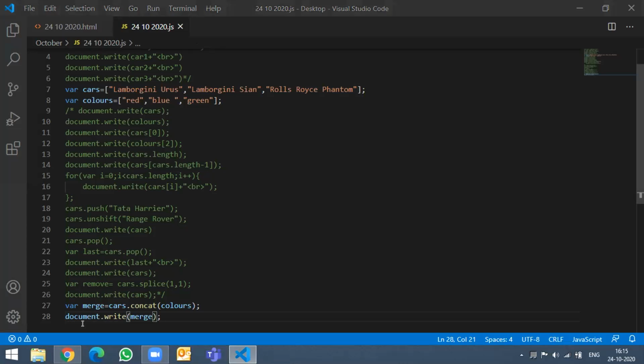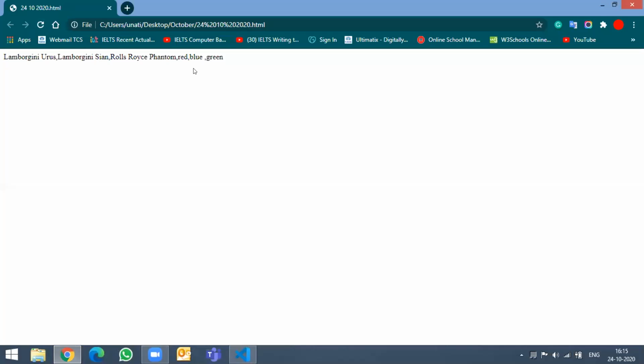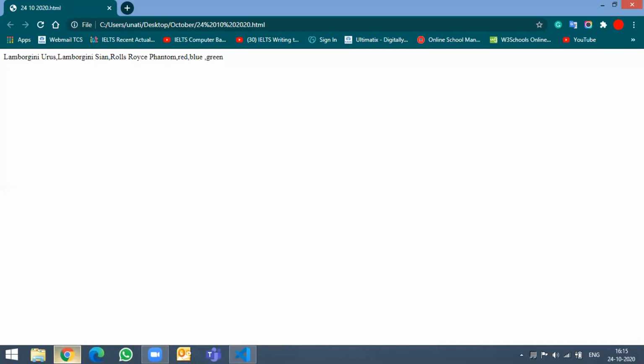I named my var merge. And I did like this. Yeah, so that's what we wanted to do, right? It is just showing one big array now having values from two different arrays, correct? That's correct. So practice again. All right. Now what we are looking into is slightly complex things. It is not fancy things now. So it requires practice. Next time when we meet, we will talk about objects.